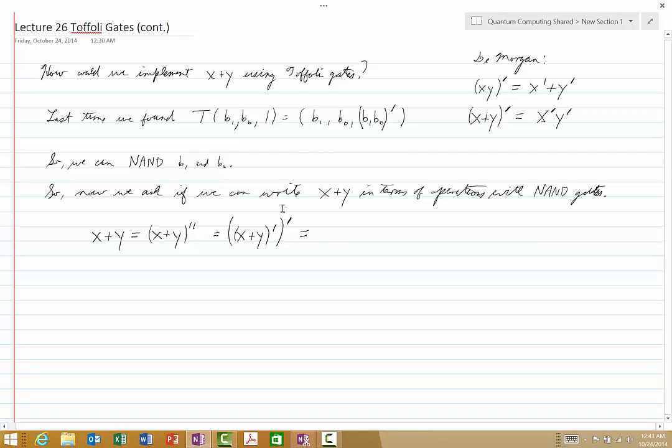So for this inside expression, the complement of a sum is the product of the individual complements. So we have (X prime Y prime) prime. Now, why is this helpful to us? Well, looking at the expressions we have in the book, we notice that X prime